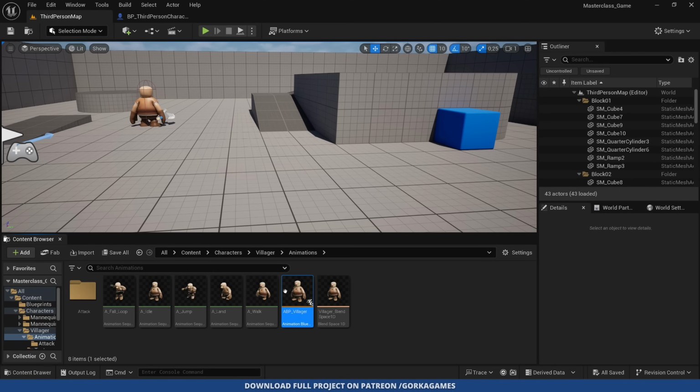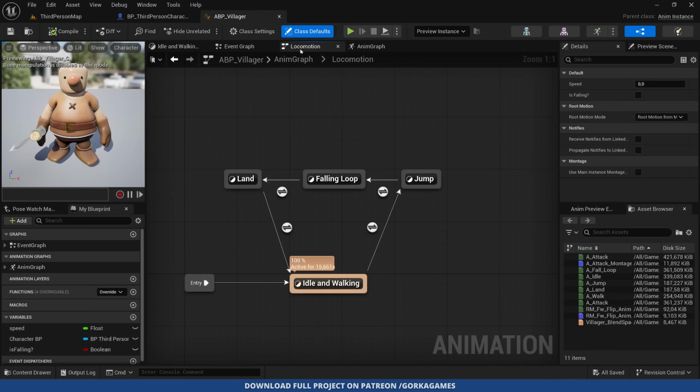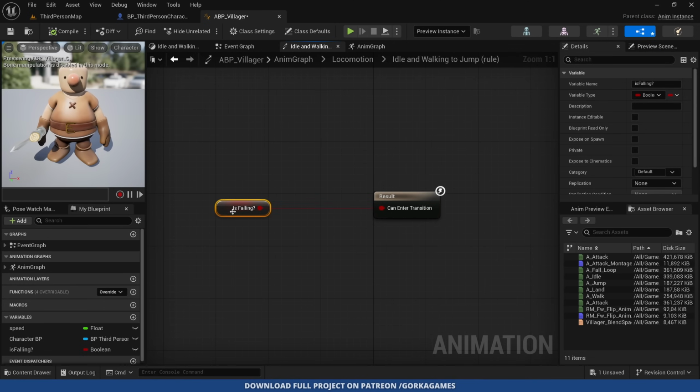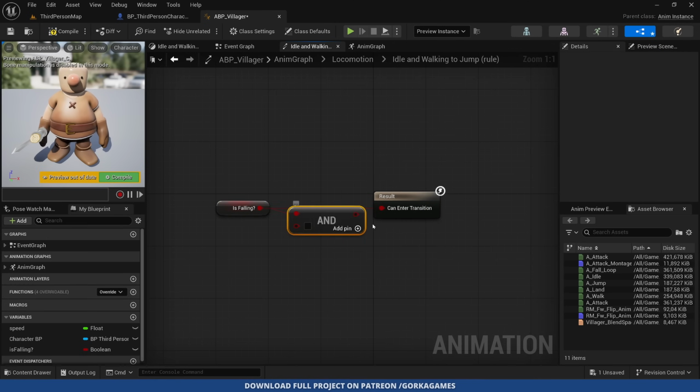and then in the animation blueprint, which is on characters, villager animations over here, we can simply go to the locomotion and go to the jump section or land or any of this, right? All of these transitions, and just check if we are not falling. So really see the jump, and on here it's gonna be, are we falling? And